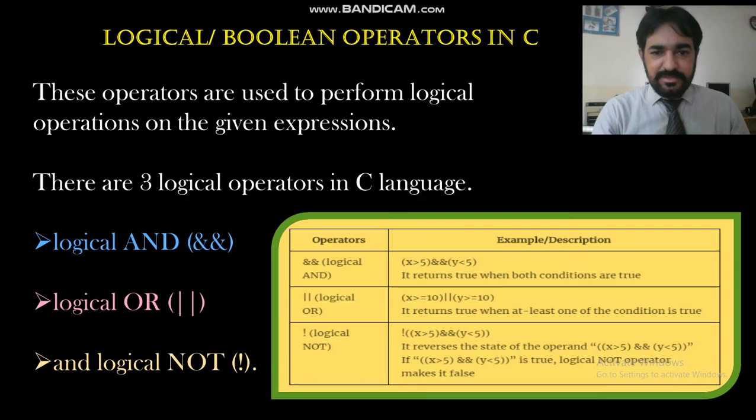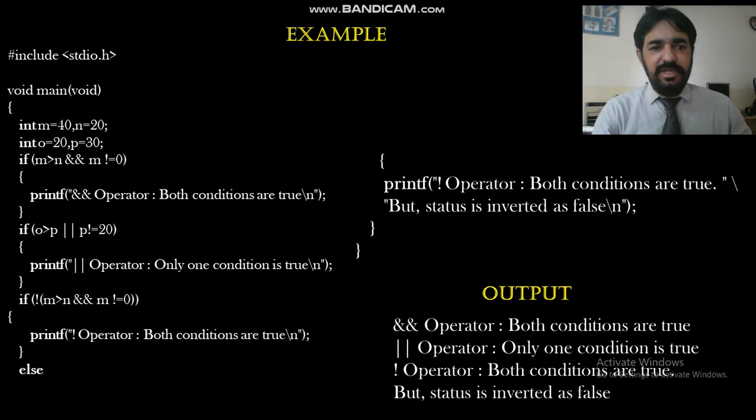So let's go to the previous slide. Now you are remembering we were talking about the AND, OR and NOT gates. So these are the basic concepts. We have three logical operations in C language: AND, OR and logical NOT. So these are the methods and principles for how we convert these values. This is an example.